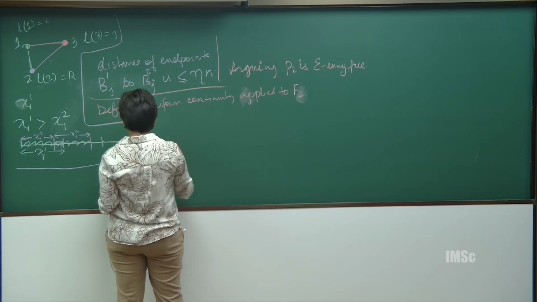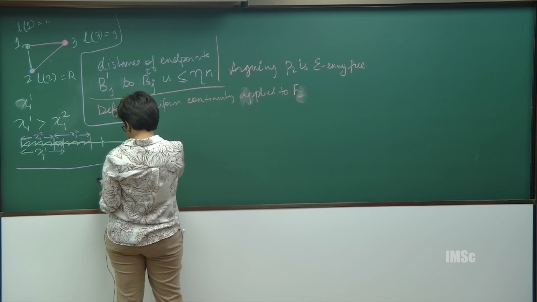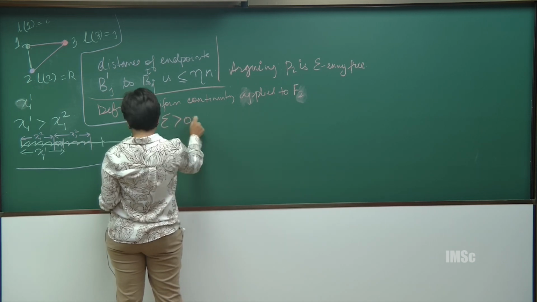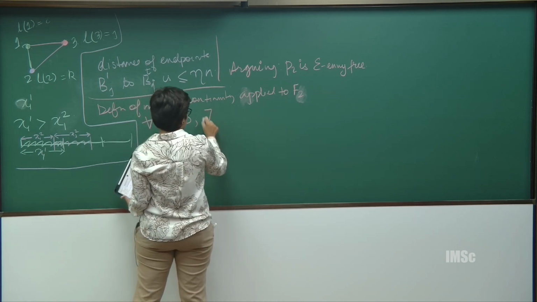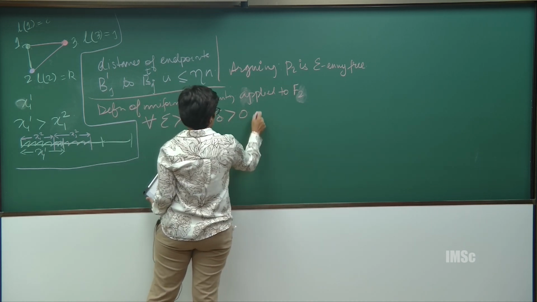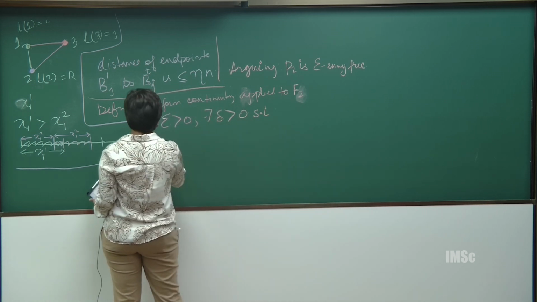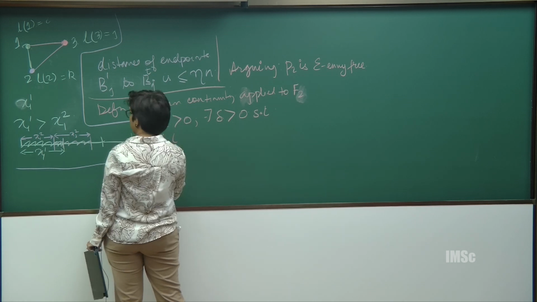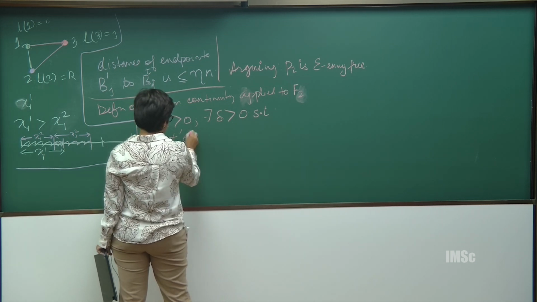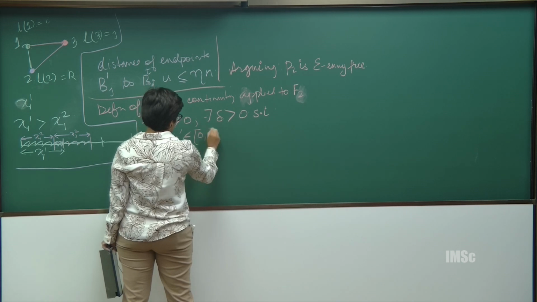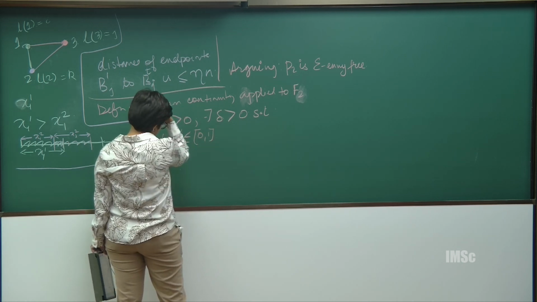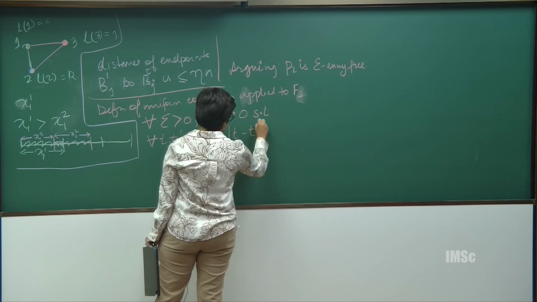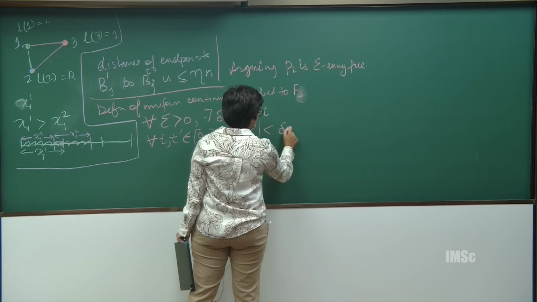Yes, let us take epsilon by 2 maybe. For all epsilon greater than 0 there exists a delta greater than 0 such that for all points, maybe t and t prime in the set [0,1], if t minus t prime is less than delta, implies